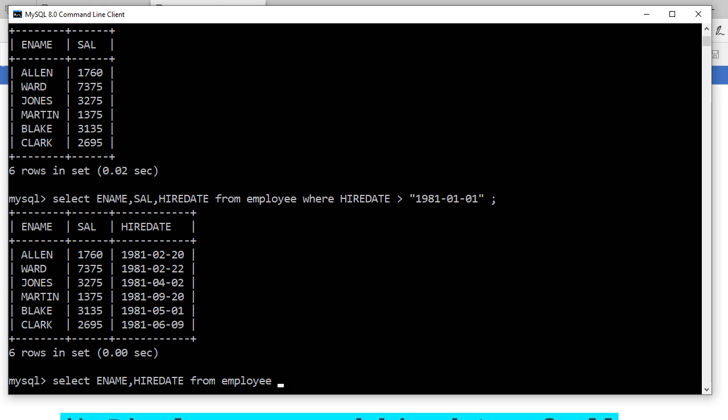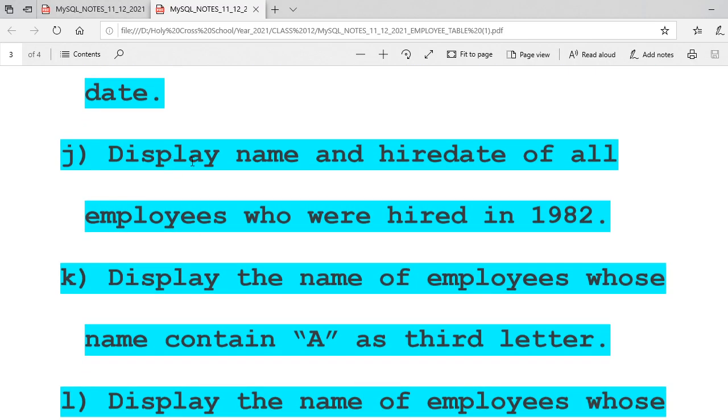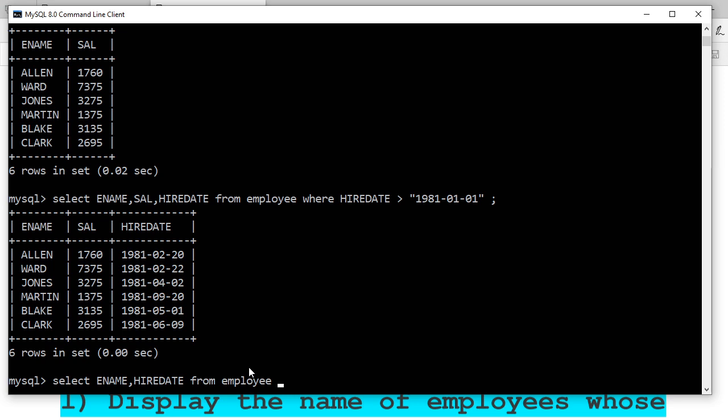Where hire date... 1982-01-01. Is equal to who were hired in 1982. Display the name and hire date of all employees who were hired in 1982. Now tell me what is the meaning of this one. Who were hired in that year? From 1st of January 1982 to 31st of December 1982. Correct? So you have to use your mind. What is the year here? 1982. So those guys who joined here. Understand? So you can make it out.